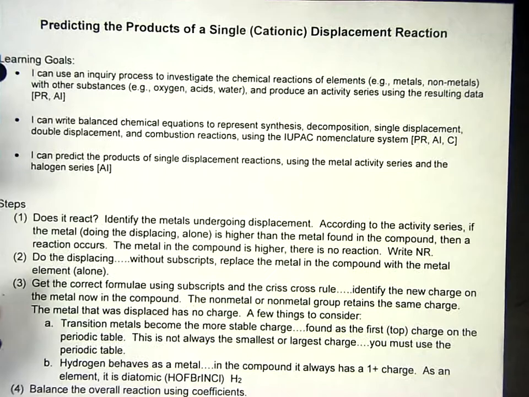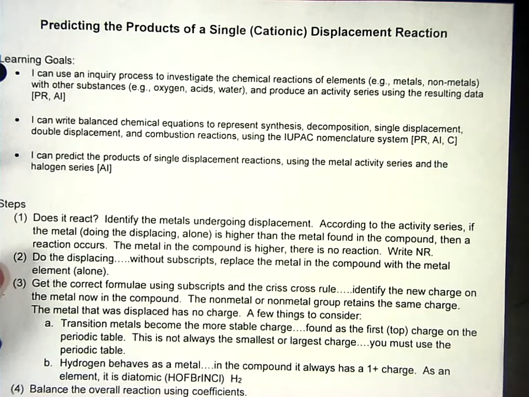Okay, so the topic of this video lesson is predicting the products of a single cationic displacement reaction. Cationic meaning that we're switching out the metals, or the cations, if the cation happens to be H+. So learning goals: we're going to investigate the different chemical reactions of elements and produce an activity series, which we did